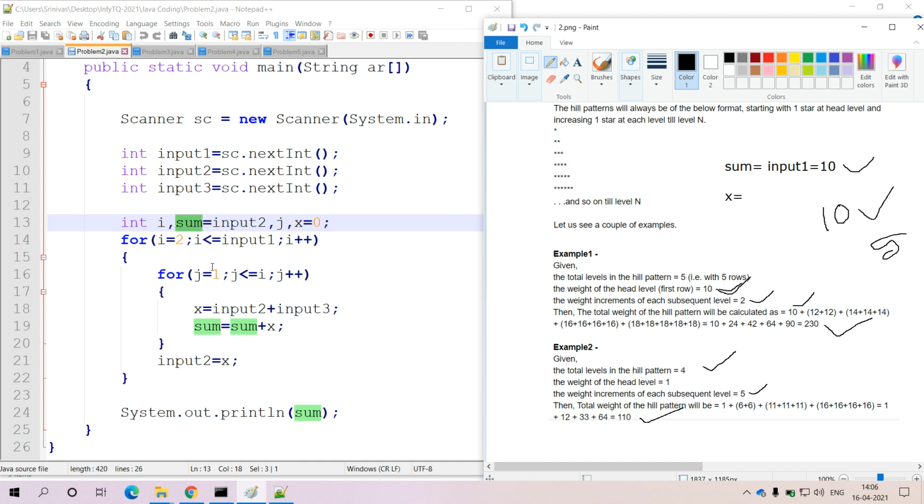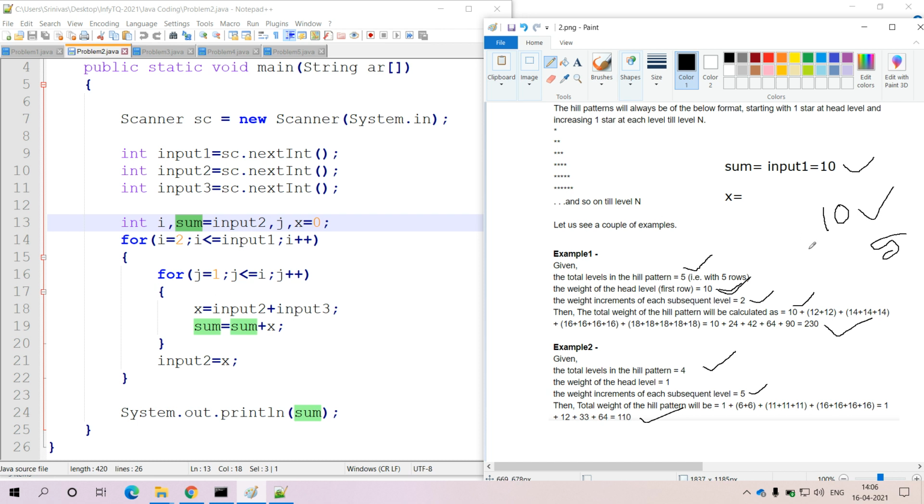And here within this for loop I am starting from the second row onwards. Due to that reason, the value available in i is 2, and i is less than or equal to input 1. Input 1 is how many rows we are mentioning, 5 rows. So this outer for loop will be iterating from the second up to the fifth row: second row, third row, fourth row, as well as the fifth row. And for each row, for example the second row, we need to evaluate the inner for loop up to 2 elements.